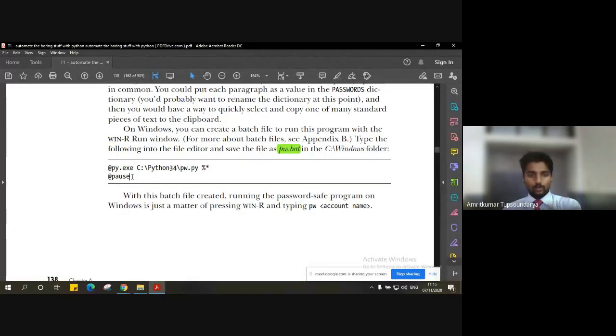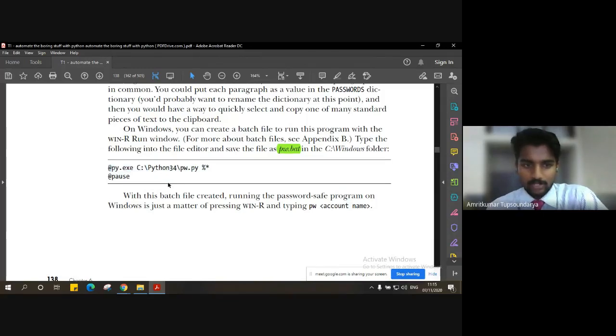So in order to view that output or the result of the program, whether it is a successful execution or any error or anything, we have to pause the window there. So this instruction helps us to pause at that moment before terminating the whole window. So that's all about the batch file.